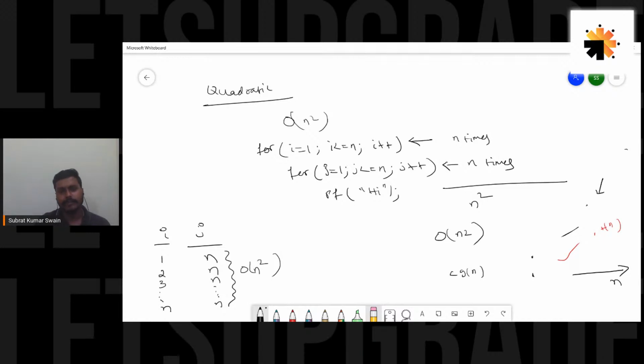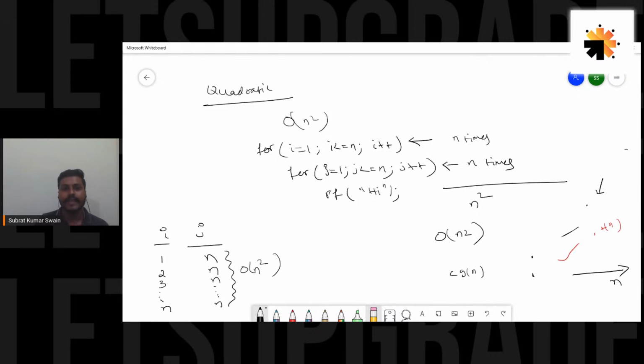Okay, so whatever we have completed till now, guys, we have seen what an algorithm is. To perform or solve a task, we know that we have different algorithms. Among those algorithms, we have to choose the best one. And how to choose the best? Based on two things: one is space complexity, one is time complexity. Space is plentifully available right now, so our major concern is time complexity. And one more point I have already said, we have to compromise between these two. If you want to optimize space, then you have to compromise with time. If you have to optimize time, then you have to compromise with space.